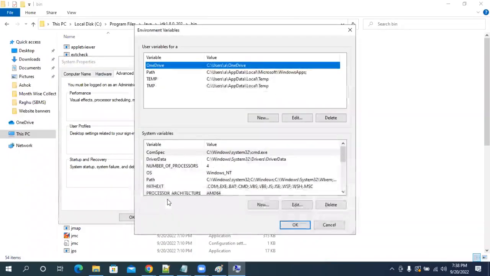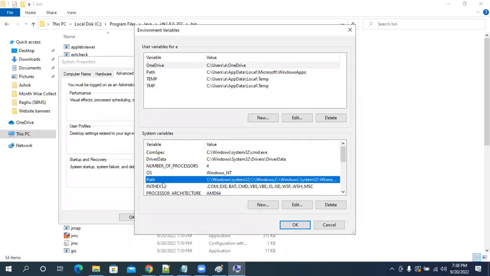Then Path, system variable. Is the path already available or not? Already available. If a path is already available, don't delete it. You just edit that. If a path is not available, you add it and set the path. Don't delete.